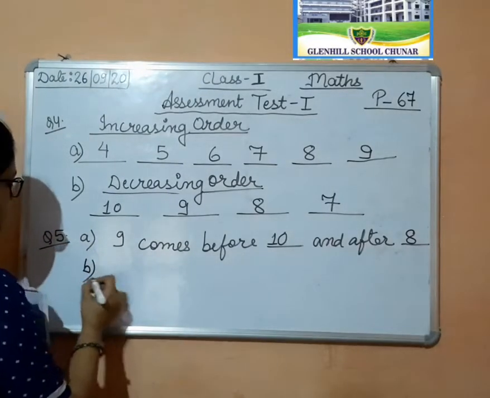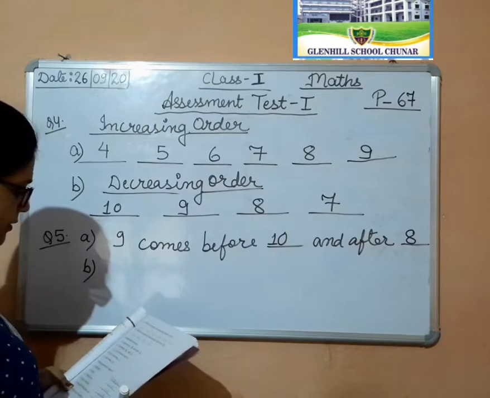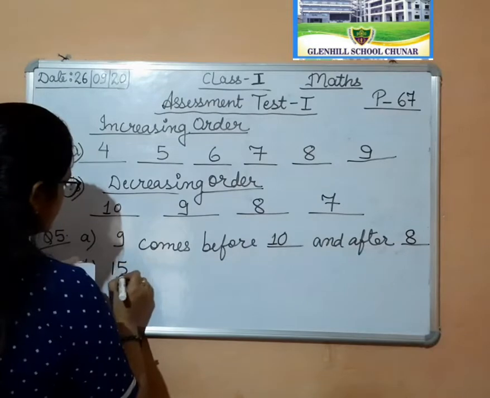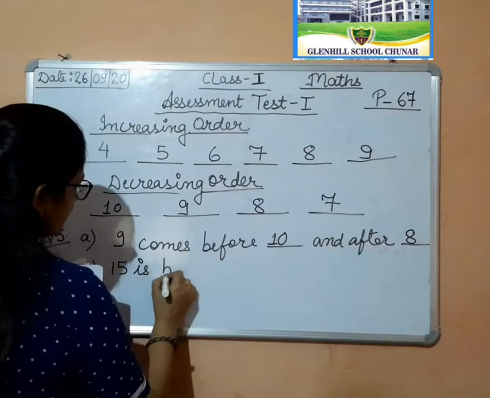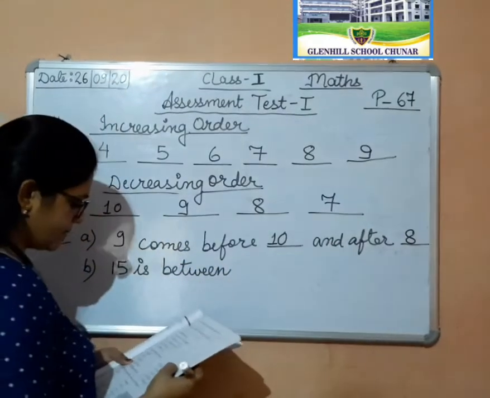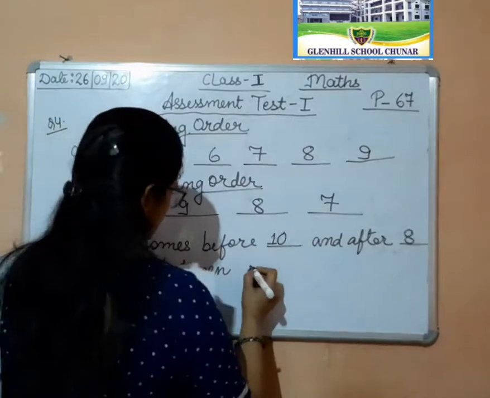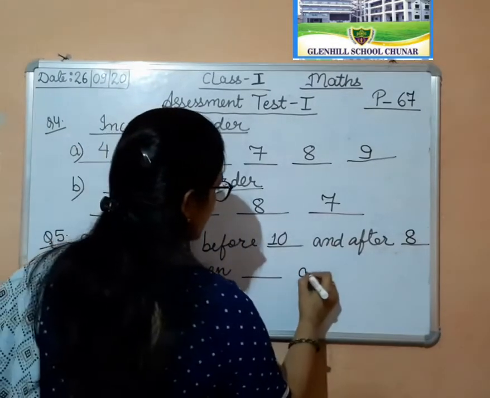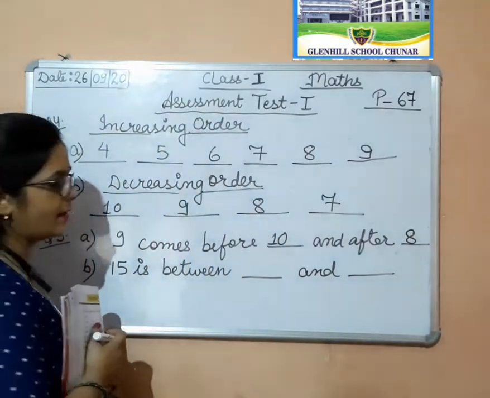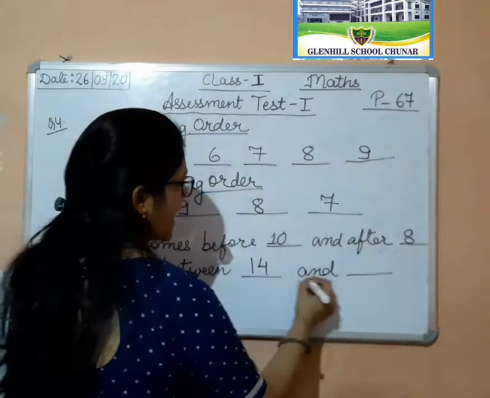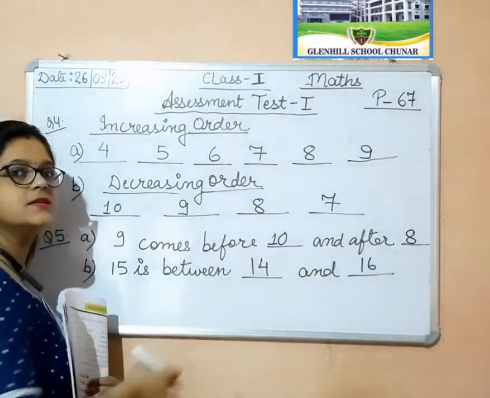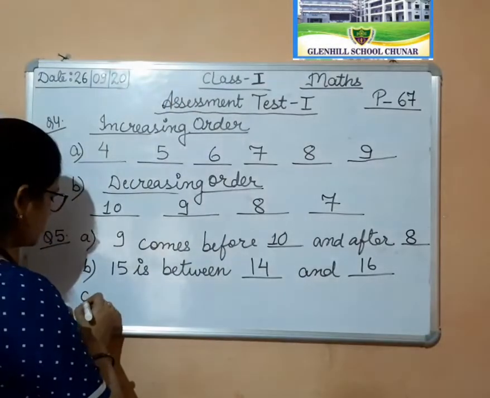Now B. 15 is between dash and dash. 15 किसके बीच में आता है, तो 15 is between 14 and 16। okay, 15 is between 14 and 16। okay student, now see,